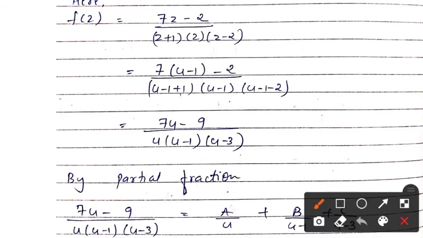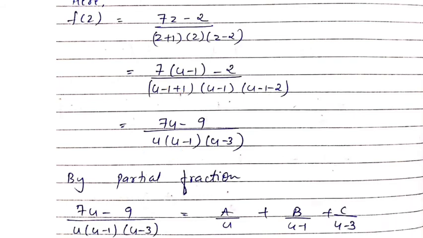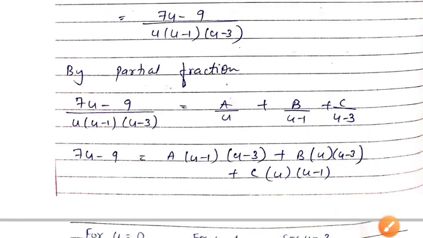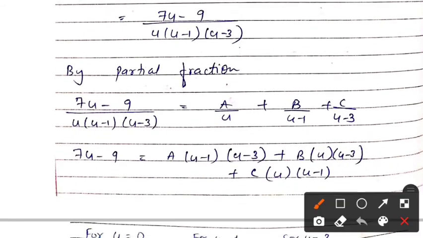Now see the denominator. This 1 will get cancelled. So I get u, this will be as it is, u minus 1, and here I get u minus 3. Now again, as we have done in the previous example, we will solve this using partial fractions. Here the power of u is 1. So as we have done in the previous example, we have to take 3 constants a, b and c. The numerator part will remain as it is. So a upon u, b upon u minus 1 and c upon u minus 3.